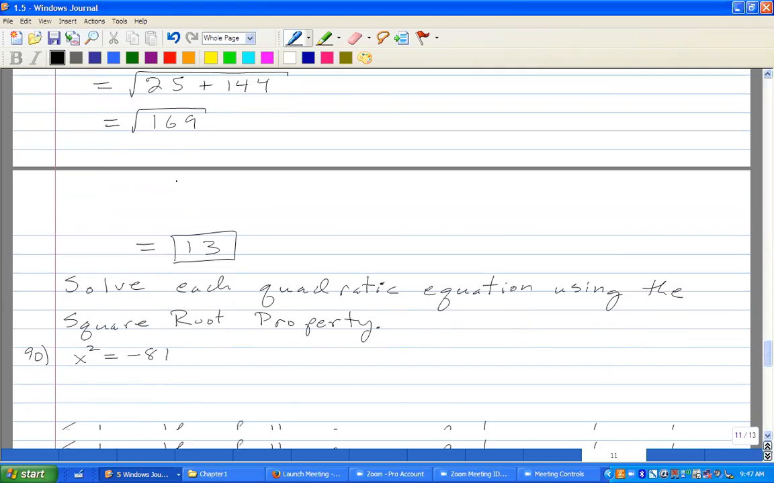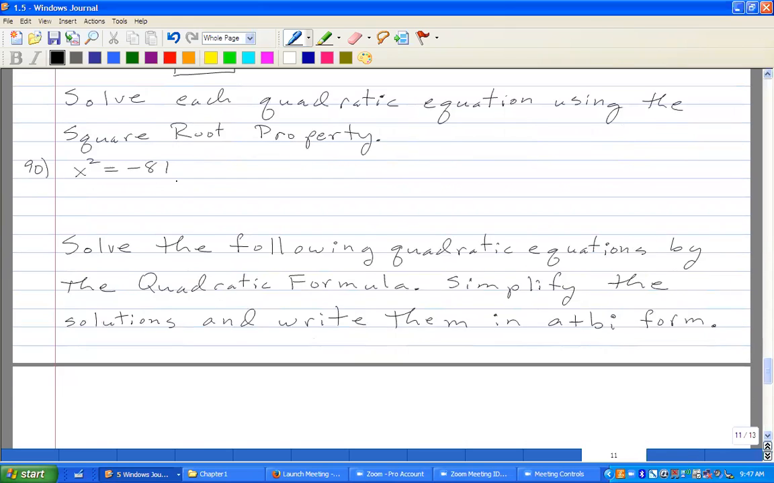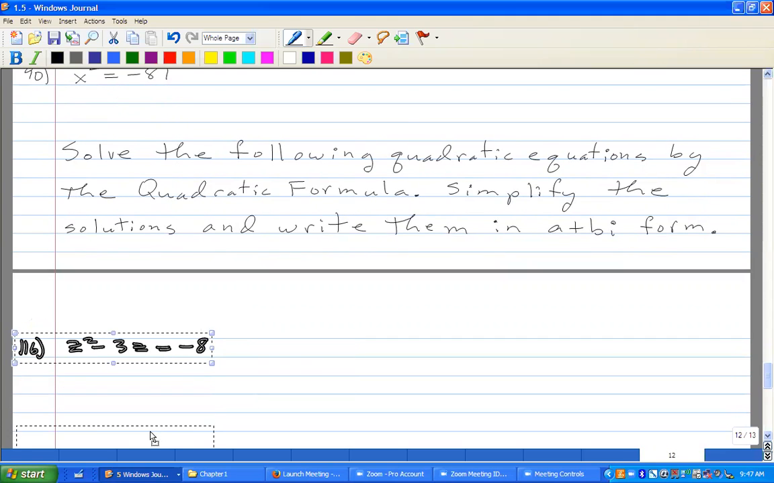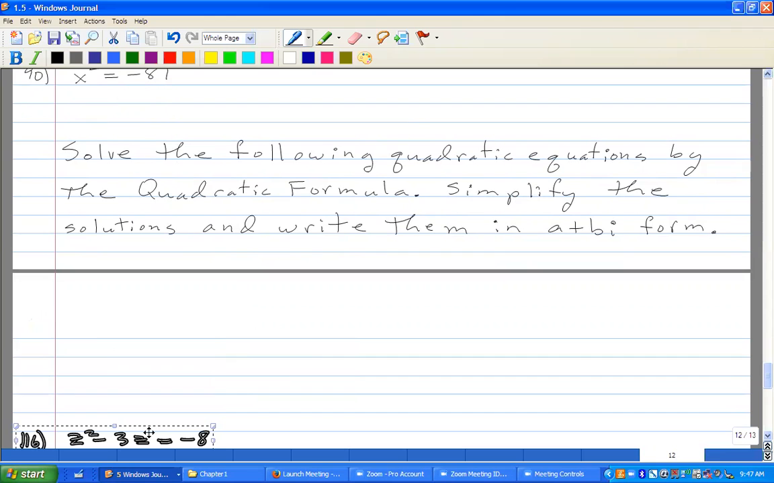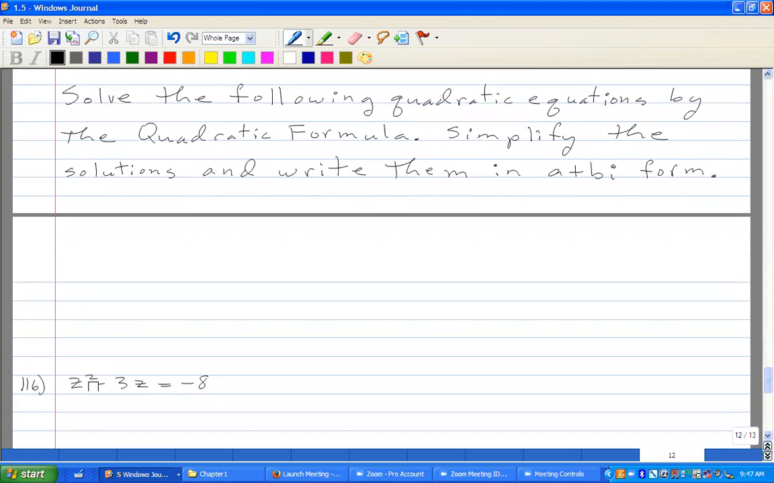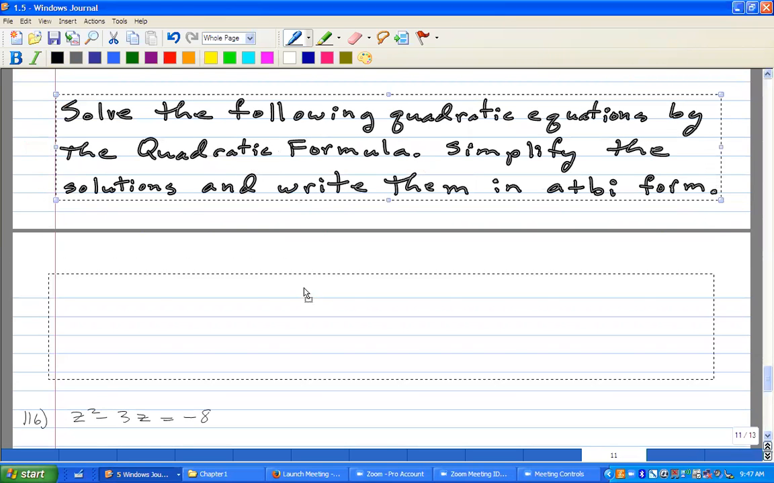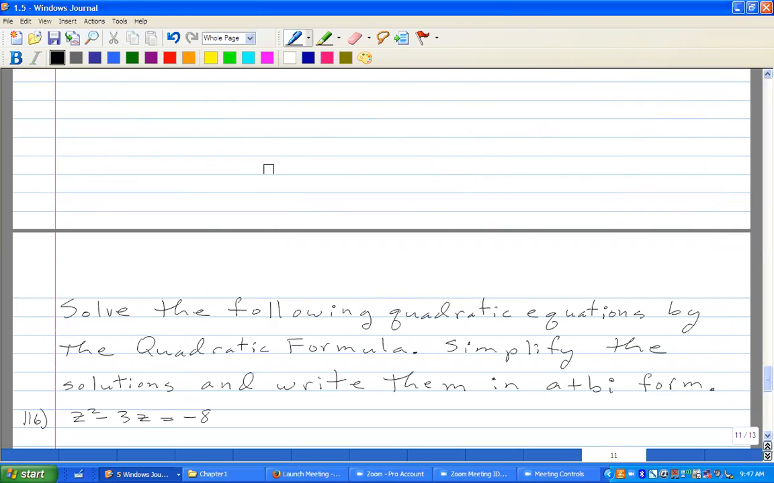Let me do problem number 90. I certainly don't have enough room. Let me put this down a little bit. One second, let's get some space. Okay, so